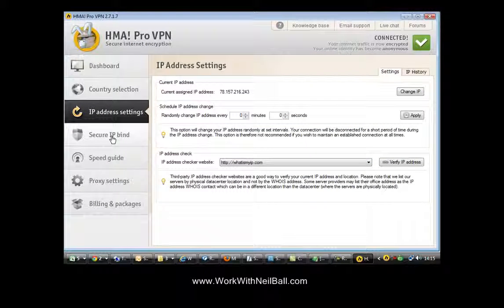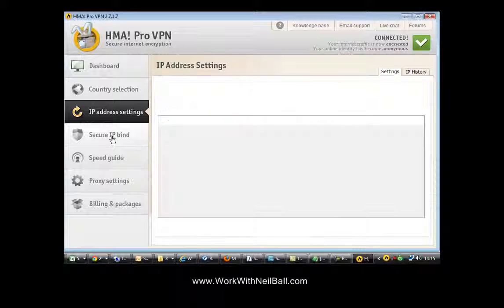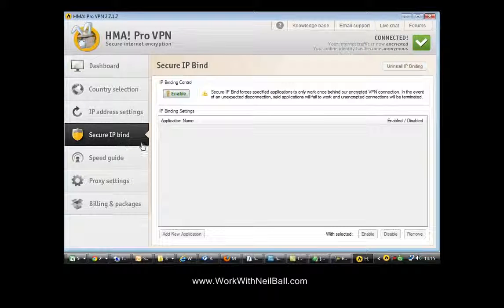There's also another great feature here actually, which is the secure IP bind. Now, this feature allows you to set up software on your computer which ordinarily wouldn't interface with this software, but with this HideMyAss interface, you're able to set it up so that the piece of software isn't able to operate unless HideMyAss is operational. So what you do with this is you enable it, and once you've enabled it,